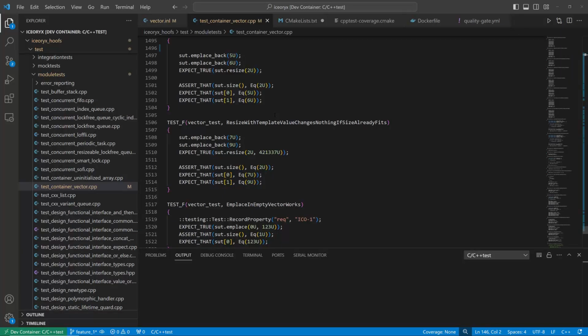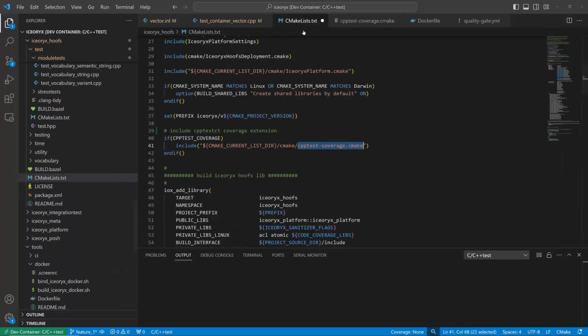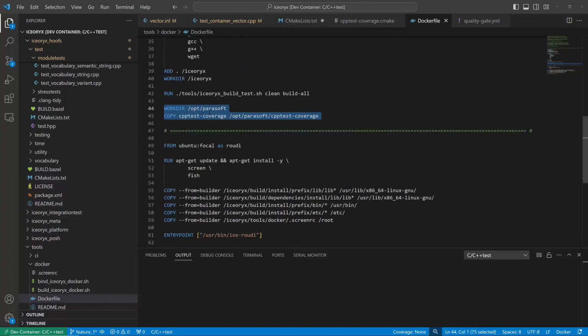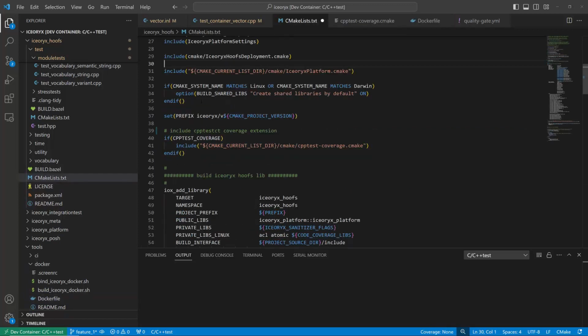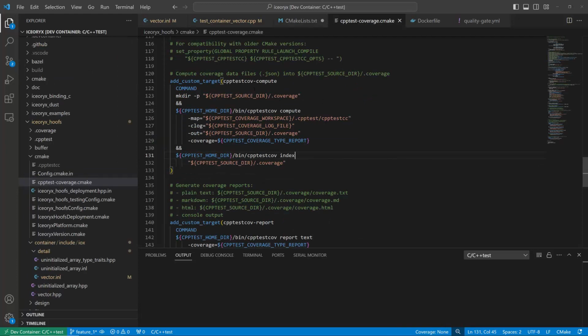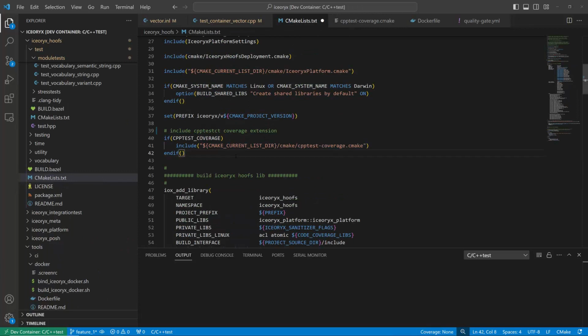With Parasoft C++ Test CT, integrating code coverage into project builds is easy. There are dedicated integration packages for build systems such as CMake or Bazel. The tool is also very easy for containerization. To integrate the tool for our demo project, we need one small insertion in the CMake list file and a corresponding configuration file. With this change, our build targets are extended with code coverage monitoring, and we can move on